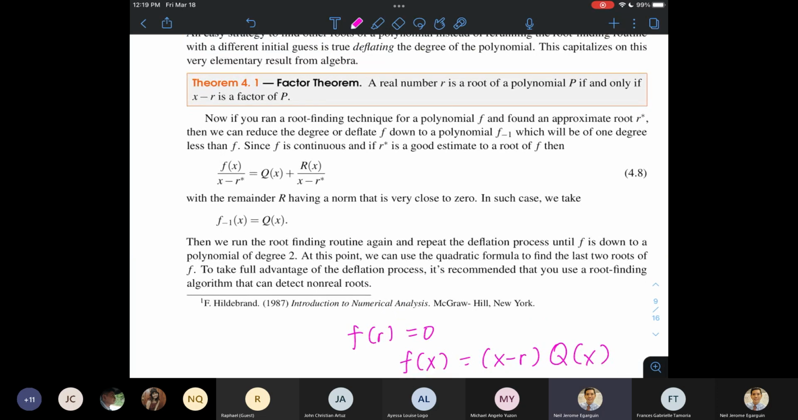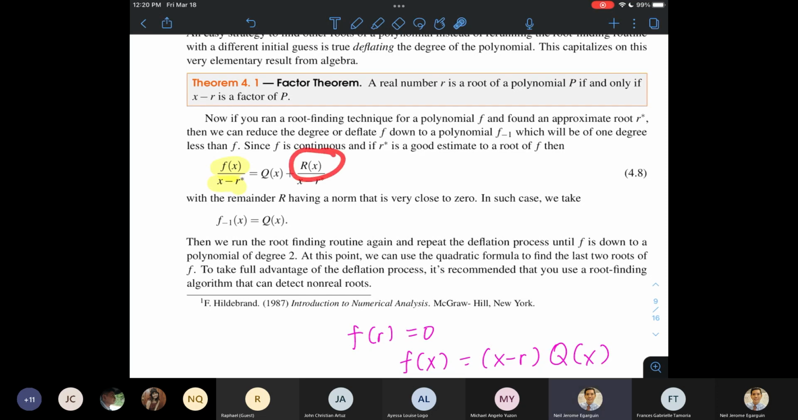Okay? Pero di ba nakukuha lang natin sa mga root finding techniques ay estimates. So halimbawa, r star, yung nakuha nating estimate dun sa ating say Muller's method. So para ma-deflate yung polynomial, perform nyo lang yung long division ng f of x over x minus r star. Okay? And then of course, since this is not an exact root, posibleng yung division na to will result to a quotient q and the remainder r. Okay? Pero thanks to the continuity of the polynomial f, and as long as r star is close to r,